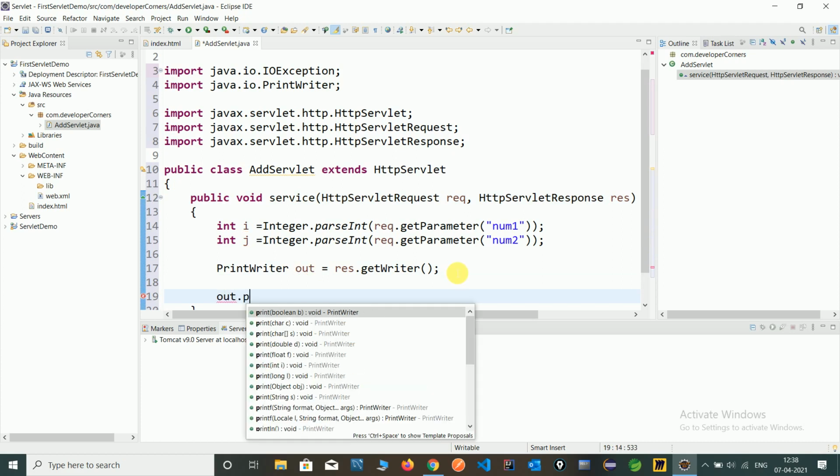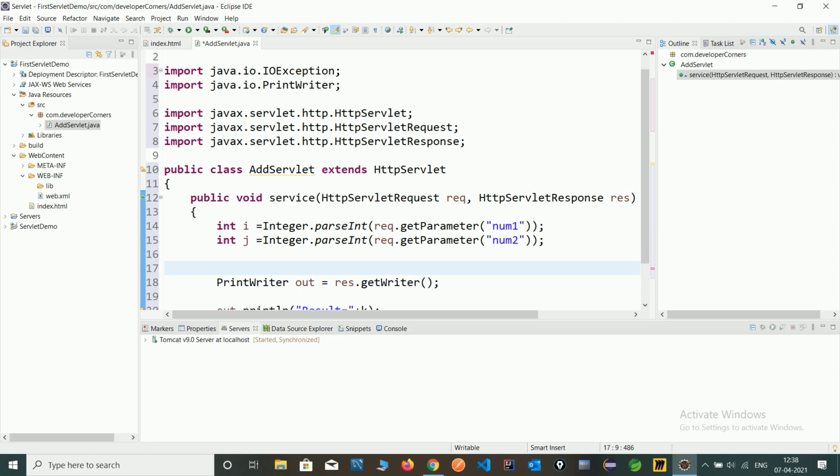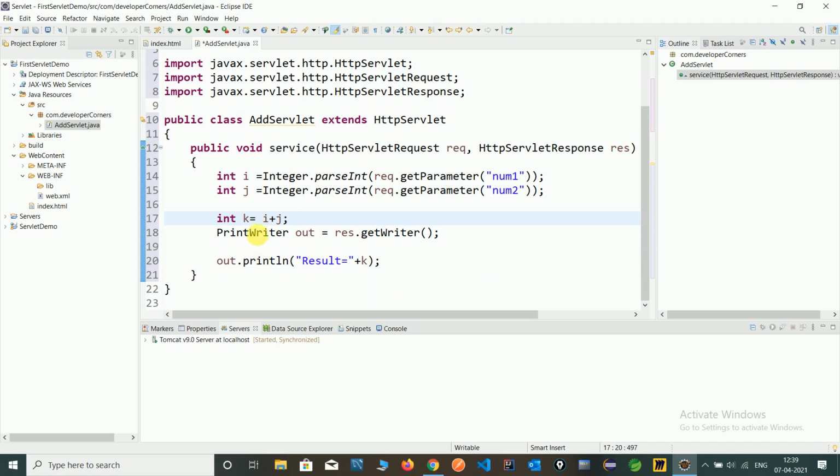Type out dot, here are the internal methods. We have to print the result, but we have not added the numbers yet, so int k equals i plus j. We are adding the numbers into k, and we have to print that number.